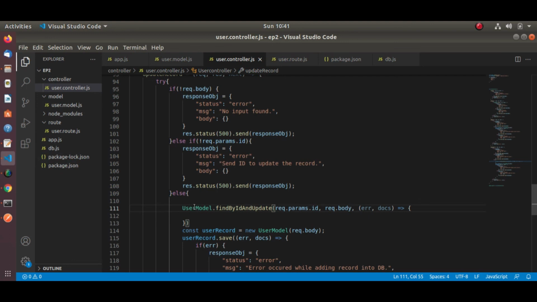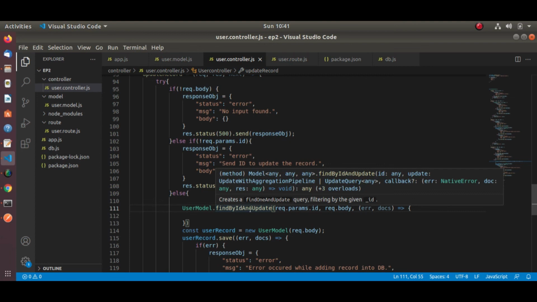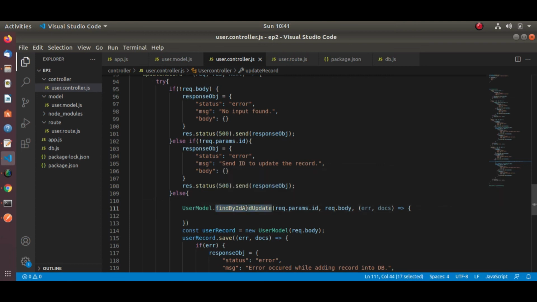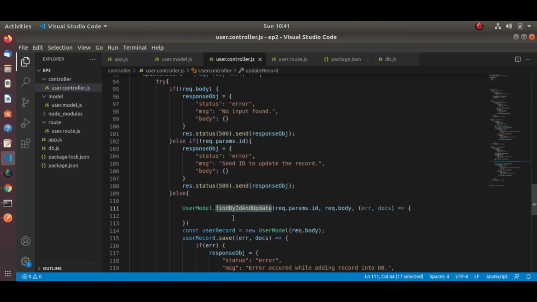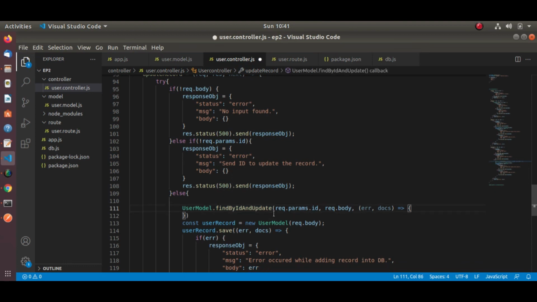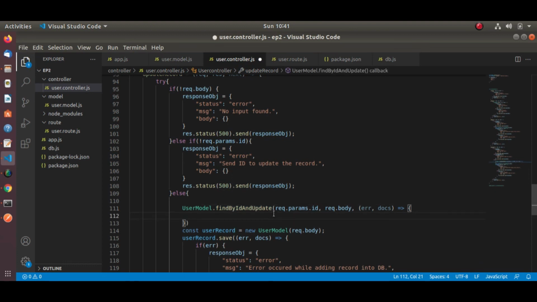So if we say our query is ready, then instead of using update or update one, MongoDB has its own inbuilt method, find by ID and update. What this method actually does is search as per the input ID the user has sent, and accordingly it will update the record. So let's put the condition like the above functions.